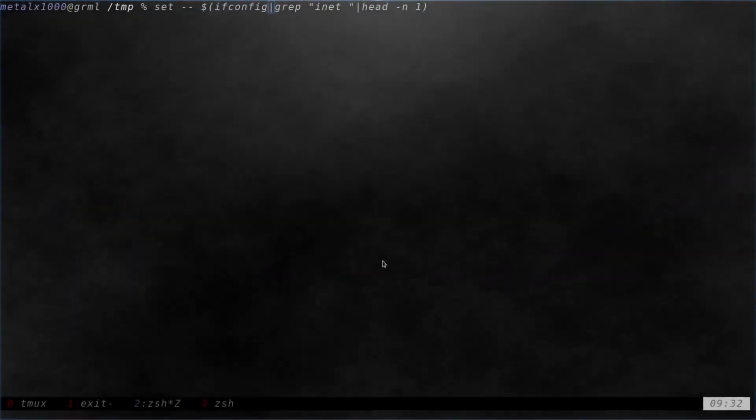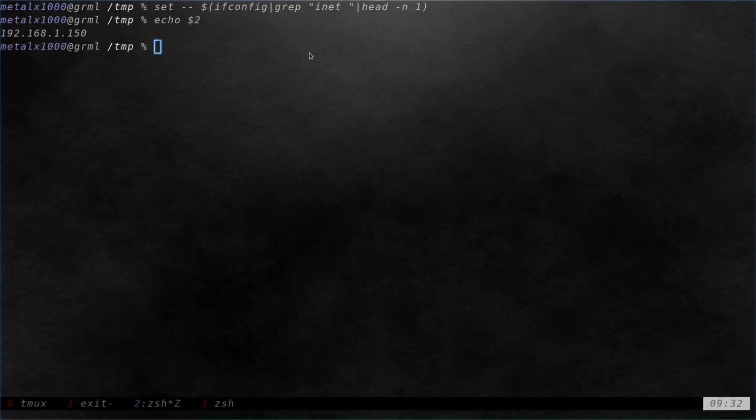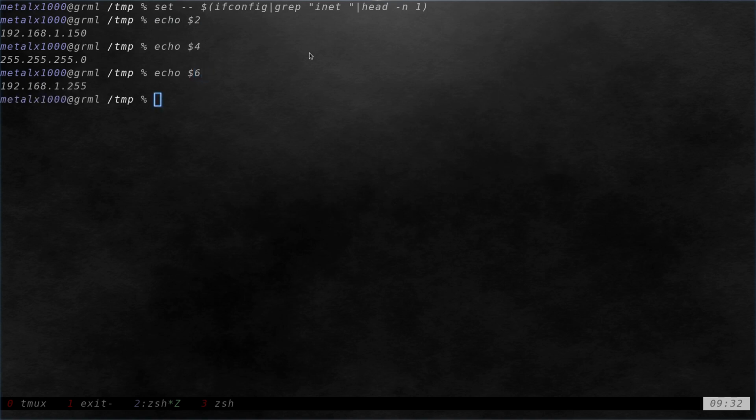Okay, so I just did a video, the previous video, on splitting up the output of a command and giving a value. What we did was this command. We did ifconfig, and we wanted to get the IP address. So I did set dash dash, and then the command with the output there. And then I can do echo $2 to get the IP address. $4 would have been the net mask, and $6 would have been the broadcast IP,